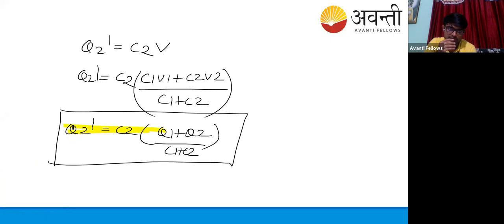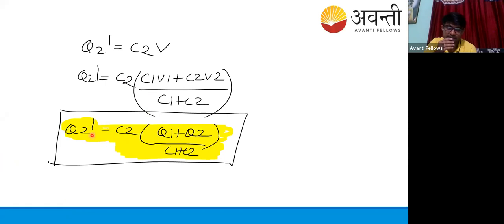That is the charge on the second capacitor. So this is the charge on the second capacitor. There is just a difference of the capacitance factor. You can see in both things, in the first one, let me put a laser pointer. See, the difference in the formula is this one only.